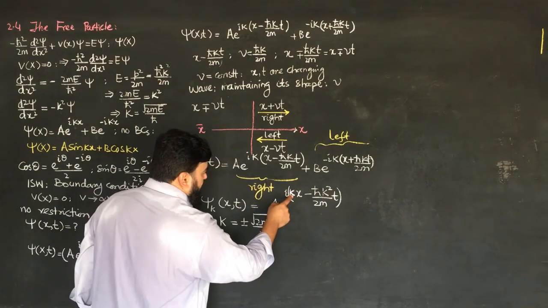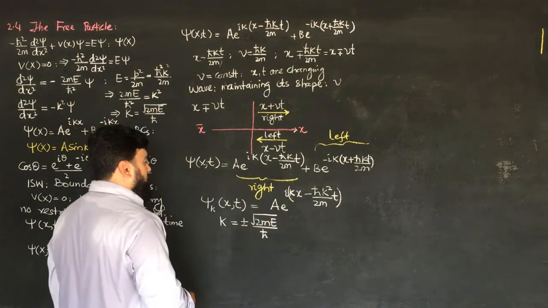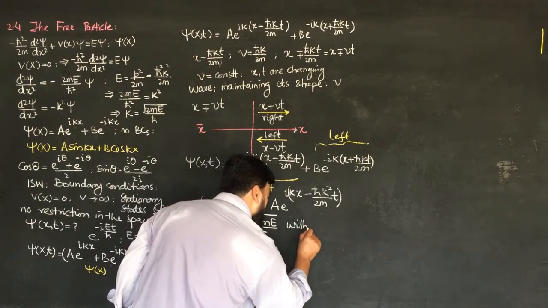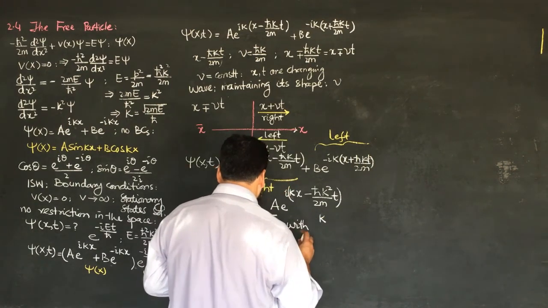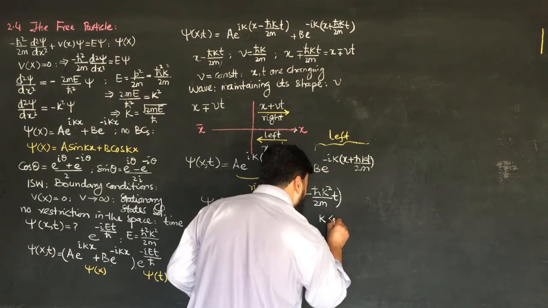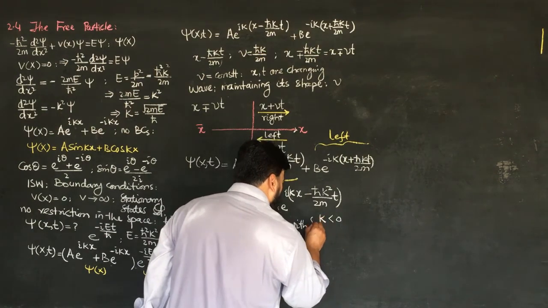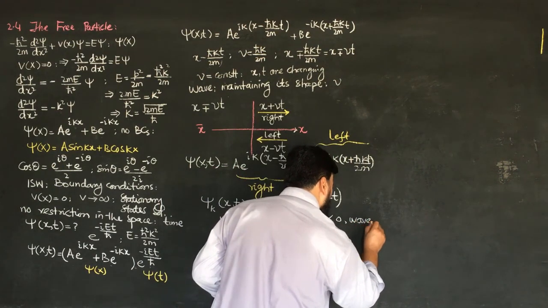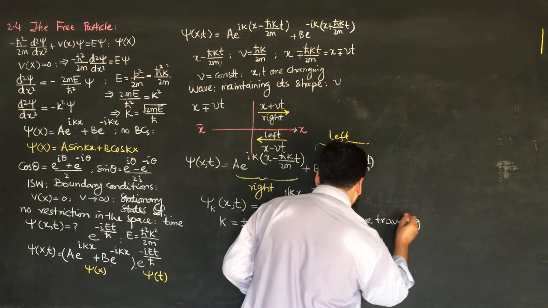So when we write k here plus, then it will be e^(ikx), and when we write k minus, then it will be e to the power minus ikx, and this will tell us that when k is negative, means k is less than 0, then we have the wave traveling in